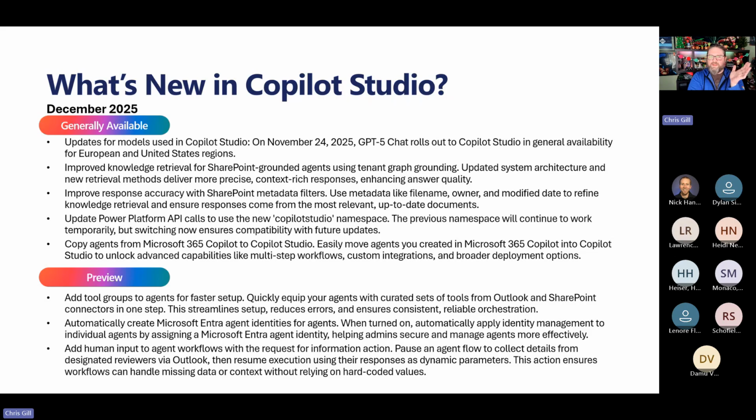So now we're getting the other side of taking it from Microsoft 365 Copilot and bringing it into Microsoft Copilot Studio, so we can use more advanced creation and editing skills, or potentially move that into Foundry. So now you're seeing that sliding scale. I could take something from the far left side in 365 Copilot and move it into Copilot Studio if I want to do low code, or if I really want to do pro code, move it all the way over into Microsoft Foundry. So pretty crazy.